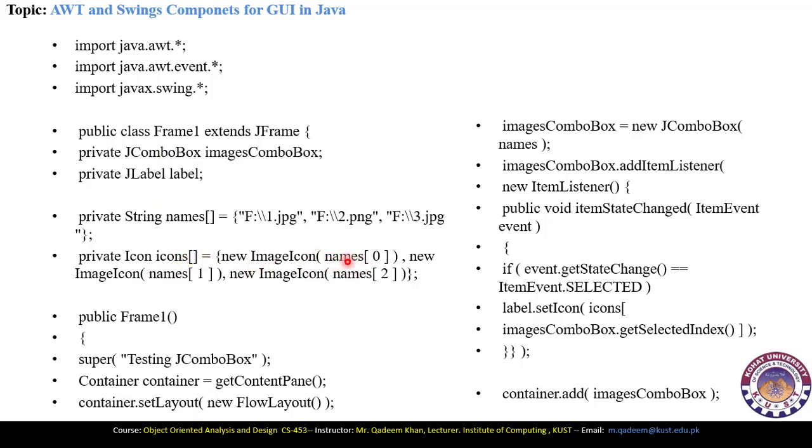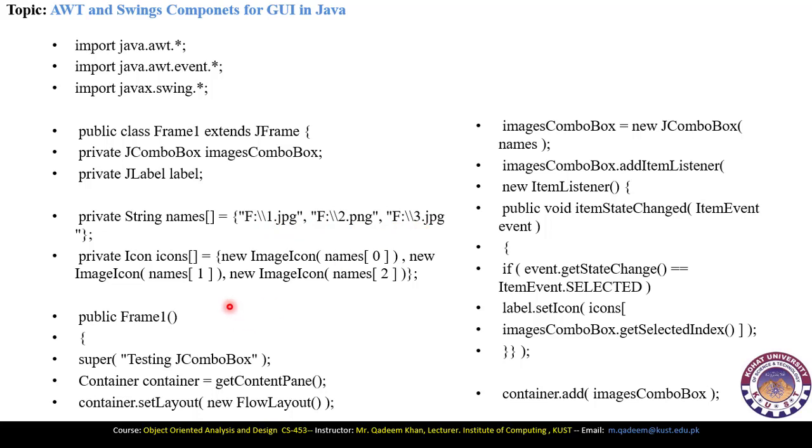The first icon is provided with this string. So names[0] represents F colon double backslash 1.jpg, which is passed here. Similarly, the second string is also passed here, and the third string is passed here. Now I can represent 3 different images which are stored in the app directory as 1, 2, 3.jpg